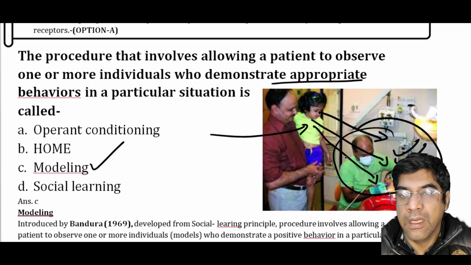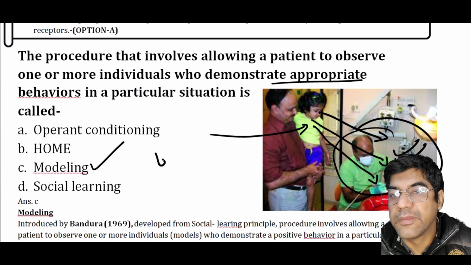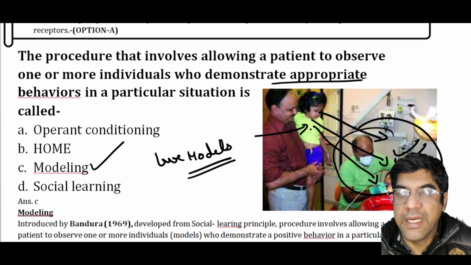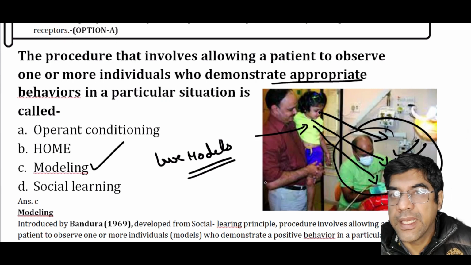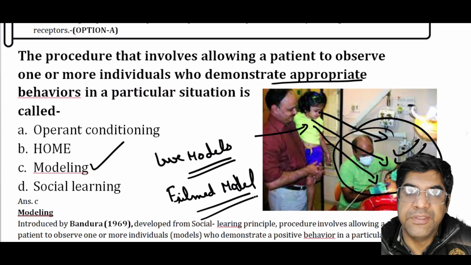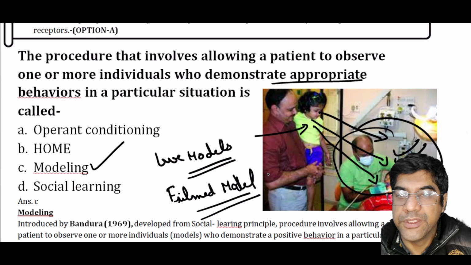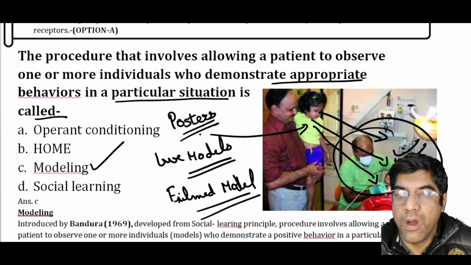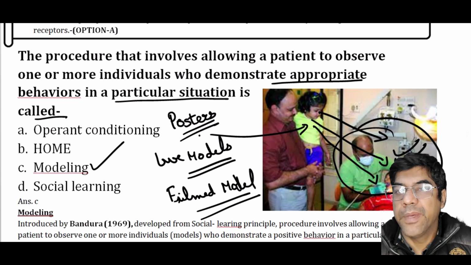They can be live modeling, with live models like siblings or parents who demonstrate the desired behavior in person, or they can be filmed models, where behavior is demonstrated through recorded videos or films, or they can be in the form of posters or audio-visual aids. So remember, modeling has been effective in improving the behavior of apprehensive children who have no previous